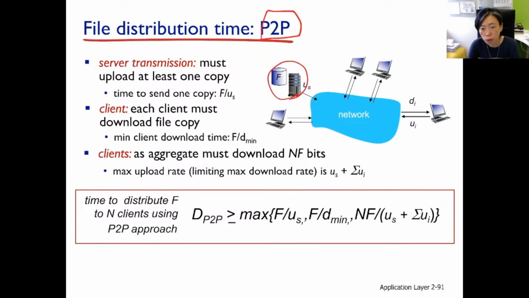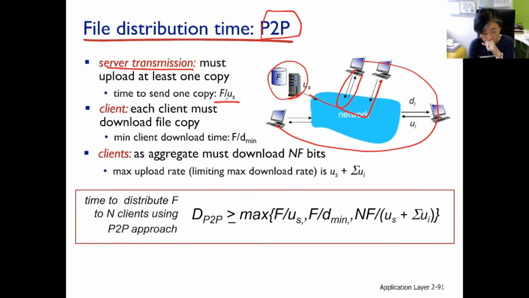Meaning, hey, this is one of the peers, and each one of these users is also one of the peers. So they could be downloading a copy from the server, but they could also be uploading a copy for another peer. Right? Now, the server transmission time, the optimum is just to send one copy uplink. So F over u_s. Client there, in case it's the bottleneck, it's going to be bounded by F over d_min,